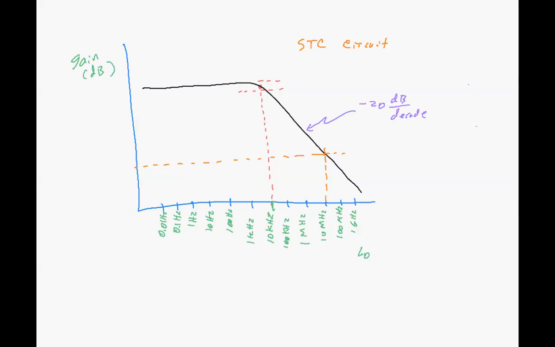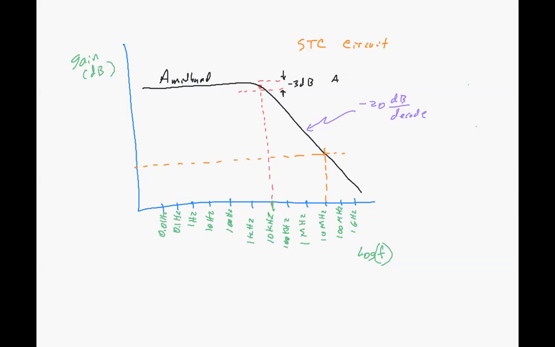What we really mean is a plot like this. If this was a low pass circuit, just looking at low pass, but the same goes for the high pass and basically the whole amplifier response. We could have a midband gain, a gain at the midband, and from that, if we subtract 3 dB, we would have some gain,